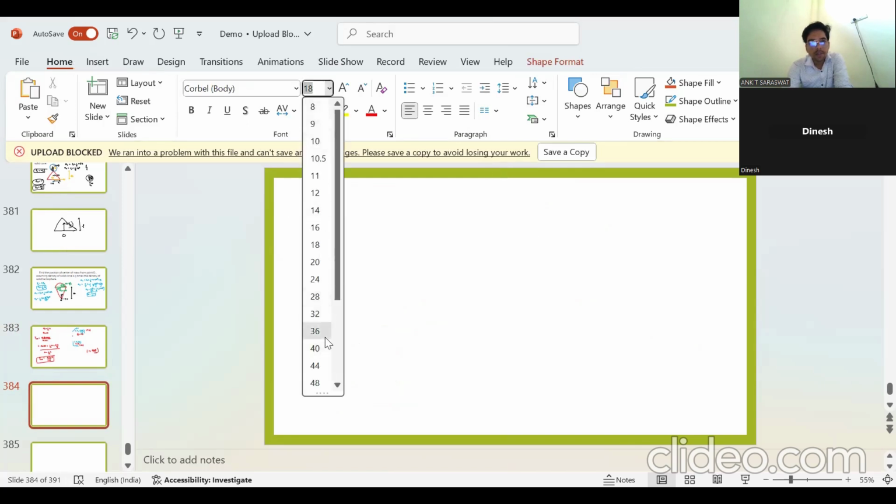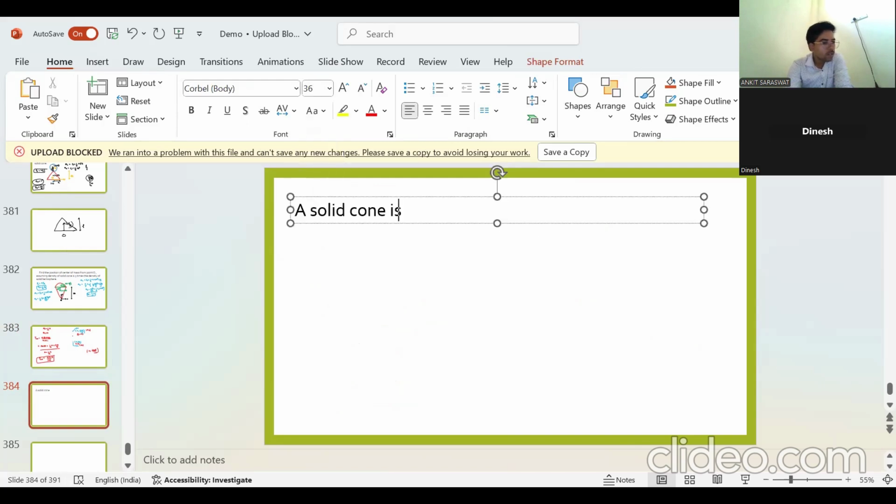Write down: a solid cone is removed from a solid hemisphere. Find the center of mass of the remaining part